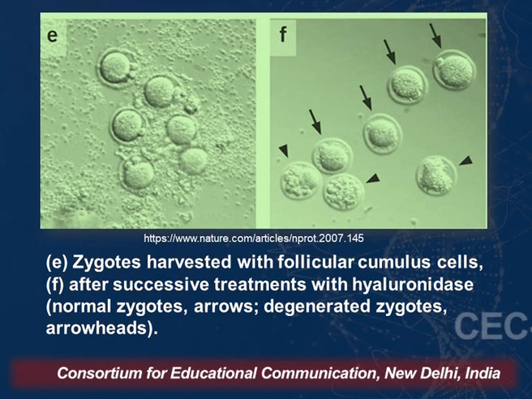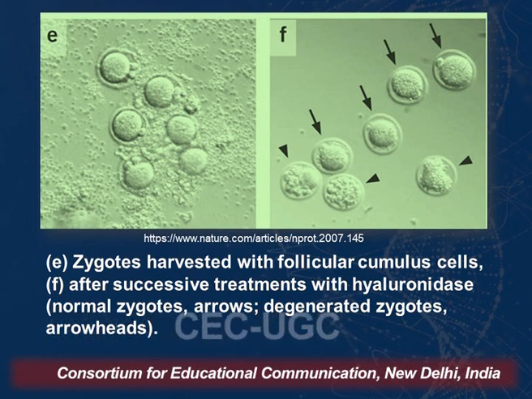They are then treated with hyaluronidase, which degrades all this cumulus, and these are the isolated, separated zygotes, as you can see. Now the arrows represent the mature zygotes, these are the full zygotes, but here you can see with the arrowheads that these zygotes have been degenerated. So as I said, at every step there is a loss of efficiency. So you get a large number of eggs, so you superovulate the females,